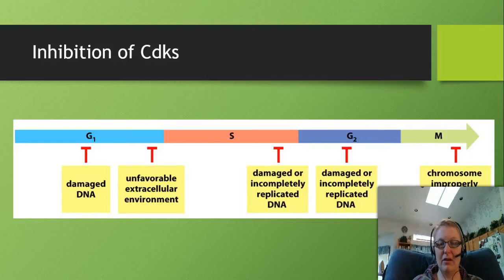So these molecules, these inhibitors, will bind to the CDK cyclin complexes and will either cause them to break down or prevent them from being phosphorylated, or a variety of things. But what this does is it prevents the cell from continuing through the cycle until events are favorable again. And so not only do we have a lot of controls in how we activate CDKs, but we also have a lot of controls in how we inhibit CDKs.